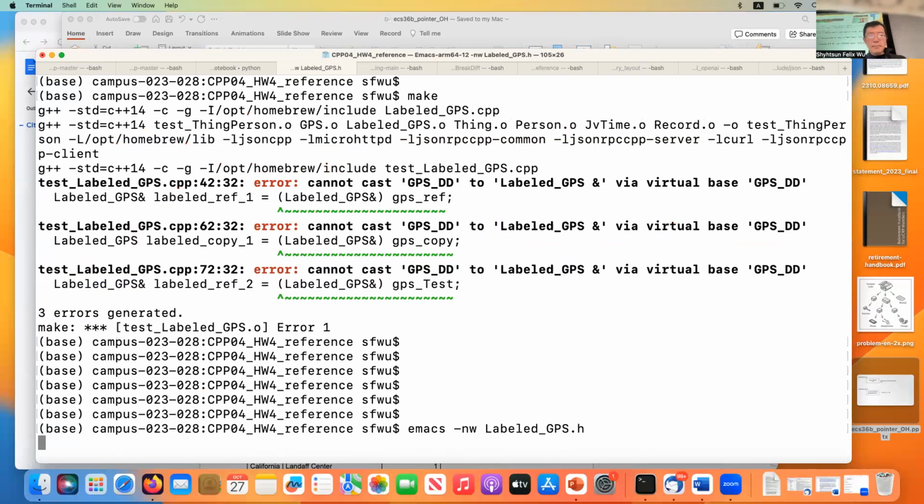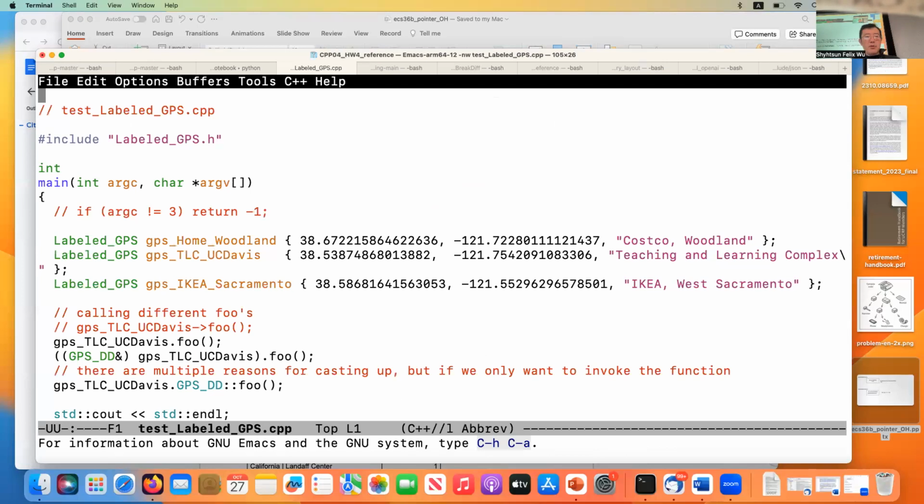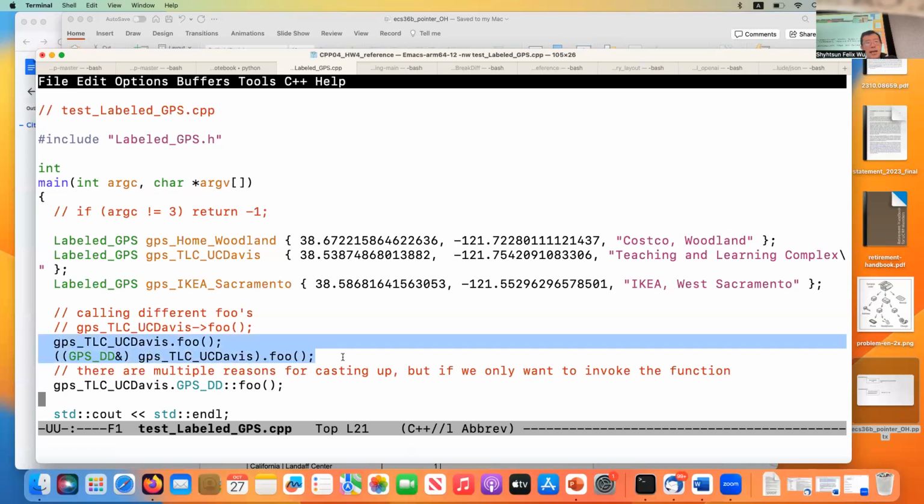Okay, so now I'm going to go back to this program to tell you a few other things before we move to the next topic. So this is the test program, and this is what we did last time. The first two lines essentially show a very simple way of calling a function. You can move up and move down with those two classes.